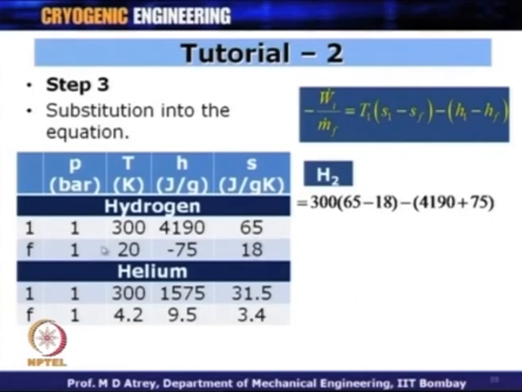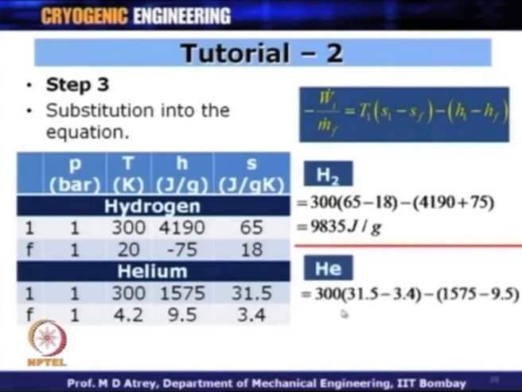This will become positive in this case. What I get is 9835 joules per gram for hydrogen, and if I do it for helium, put the same values here, I get only 6864 joules per gram. What does it indicate? It indicates that the work done for liquefaction of hydrogen is more than the work requirement